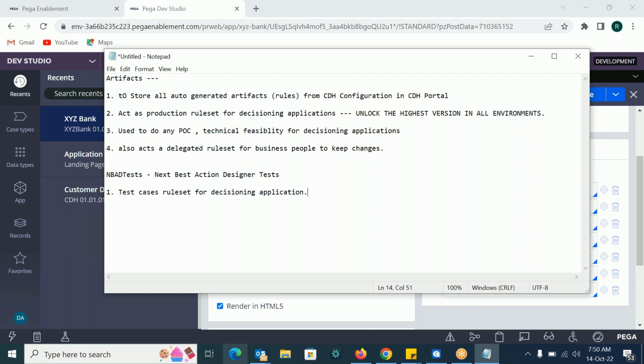Let us say you created a strategy and you want to test it. You will do unit testing, and for that unit testing you will create a test case. In core Pega, you would create a test case rule set, but for Pega decisioning, the test case rule set is already created for you. That is NBAD tests. So any kind of unit tests that you do in Pega decisioning, you need to store them in NBAD